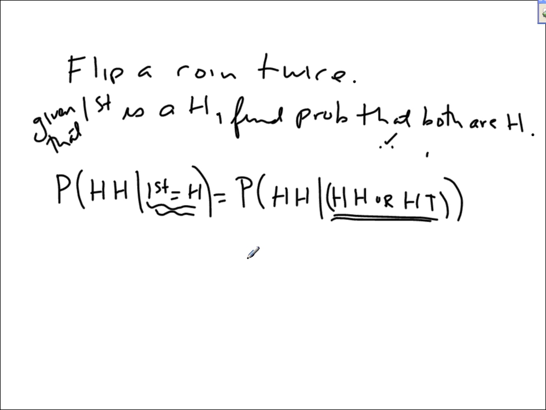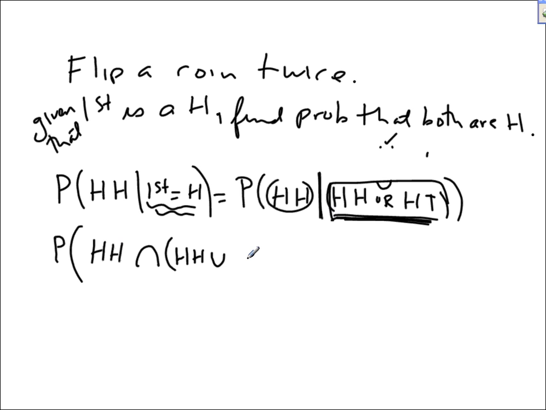That's what we are given. All right, so now, remember, or means union. So using the formula, this is the probability of getting HH, and it's this intersect this,